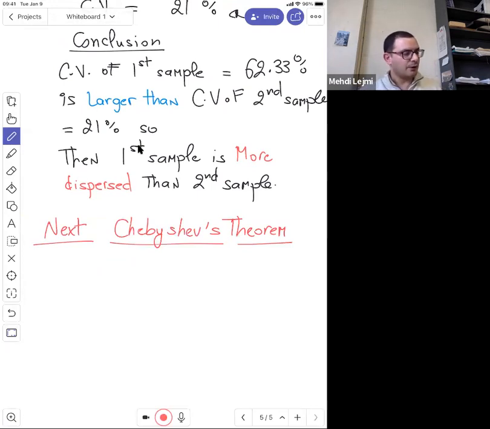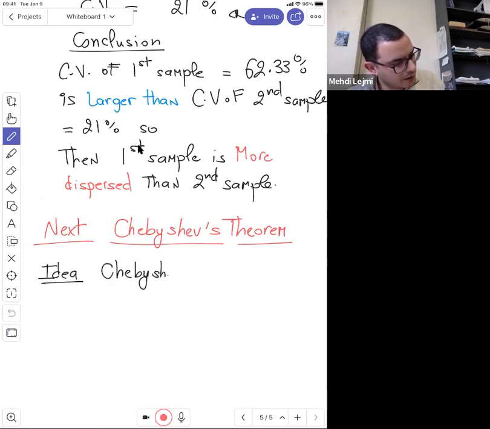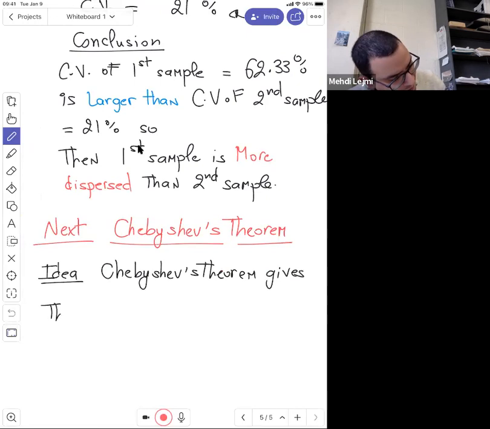The idea is the following. Chebyshev's theorem gives you the proportion of data